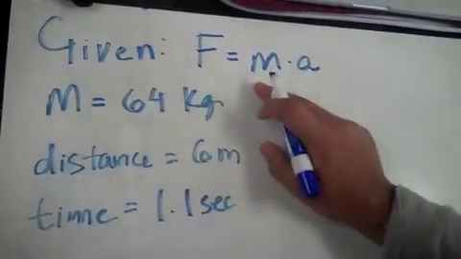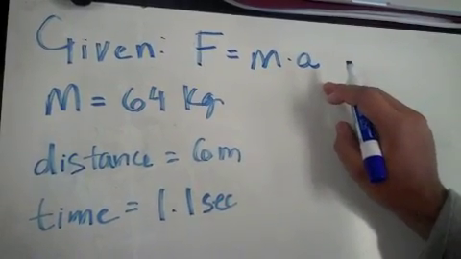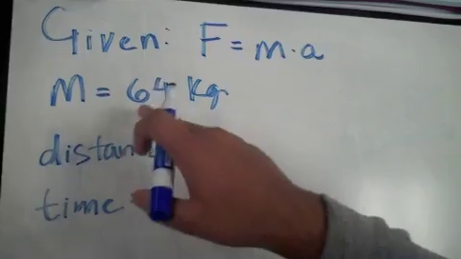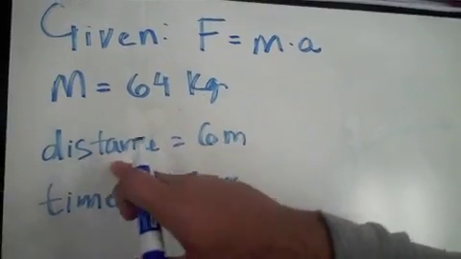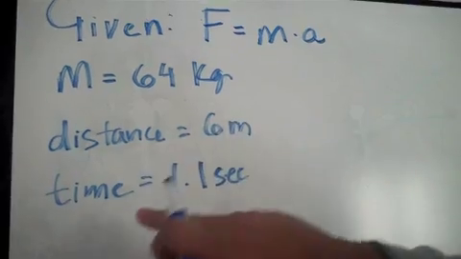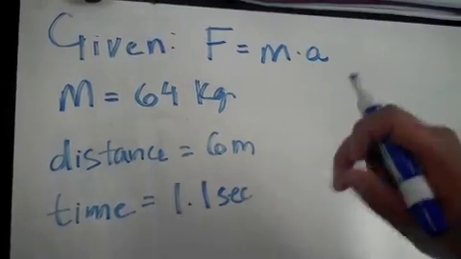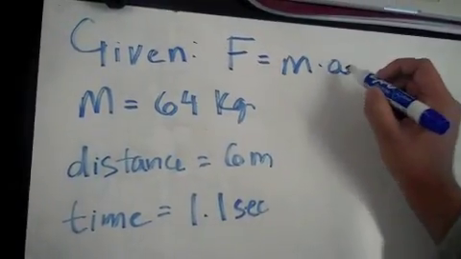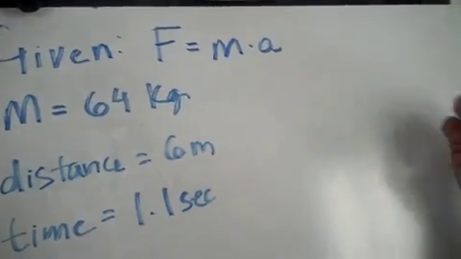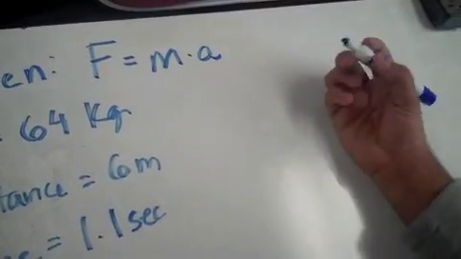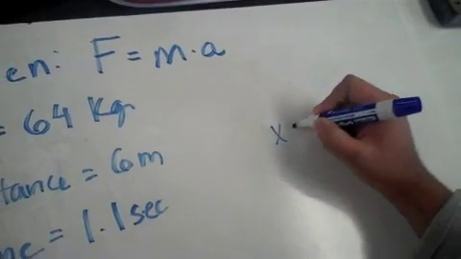So we know that force equals mass times acceleration based on Newton's second law. Then we know the mass of the ball is 64 kilograms. And we know the distance the ball traveled is 6 meters, and the time it took to travel was 1.1 seconds. So right now, in order to find the force, we need the acceleration. In order to find the acceleration, we're going to use one of the big 5 equations, where the position